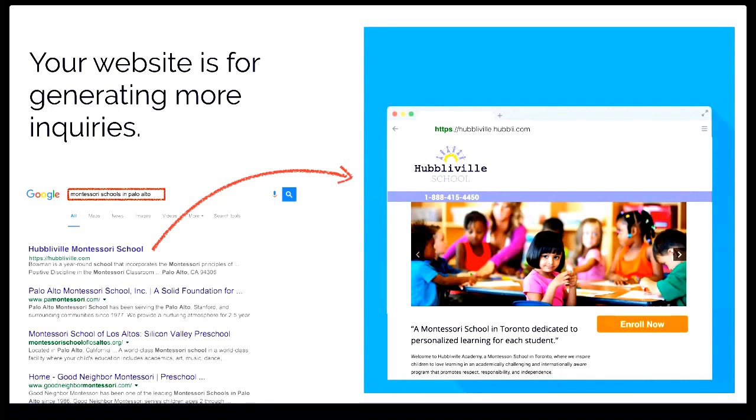So I just want to talk about search engine optimization for a second. Everybody, I think, understands the general concept, search engine optimization, meaning you want your websites to be found in search engines. The question is, how do you approach this? And what is strategic search engine optimization? If you look at this image of a Google search, I've typed in Montessori schools in Palo Alto, because if you are being strategic about your website,